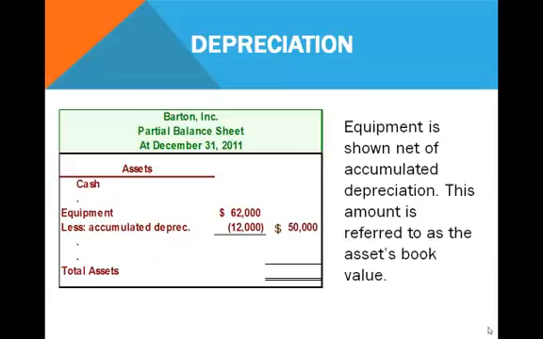It's going to look something like this. The contra account, accumulated depreciation, is shown as a reduction, so you can see the parentheses for subtracting or decrease, a reduction in the cost of the asset equipment. So the asset is shown net of the accumulated depreciation. It's shown with that number subtracted out. That's its net value, its net amount, or its book value. There's a term you're going to hear a lot of, book value, or $50,000. Because the contra account appears on the balance sheet, it will not be closed at the end of